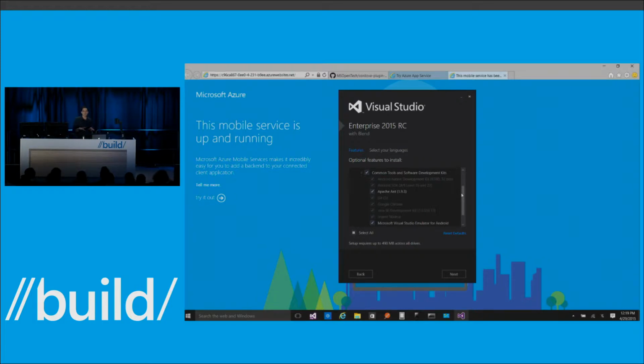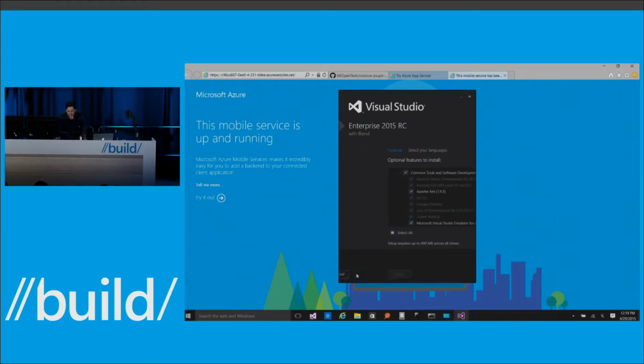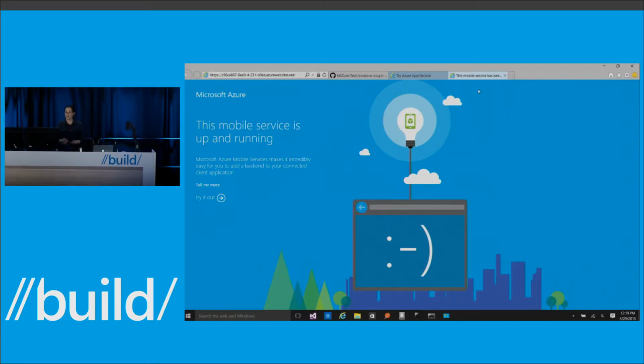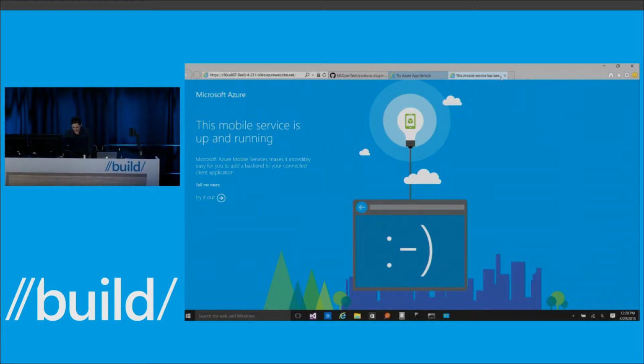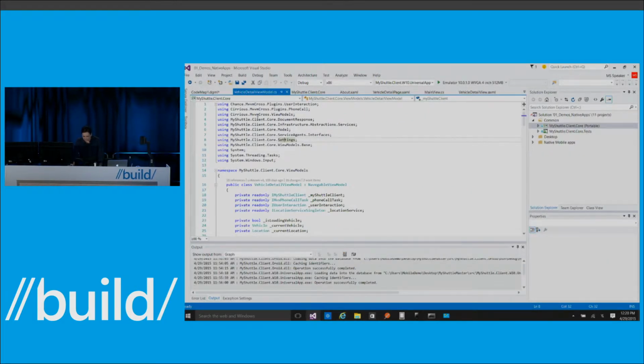But this is just to show you that it makes it really easy to get your dev box set up and to keep that dev box running and in good condition. So I'm going to go back, and I'm going to just cancel setup so that I don't hork my machine further. And now I'm going to jump into the solution. So